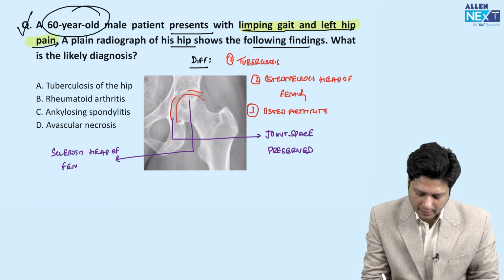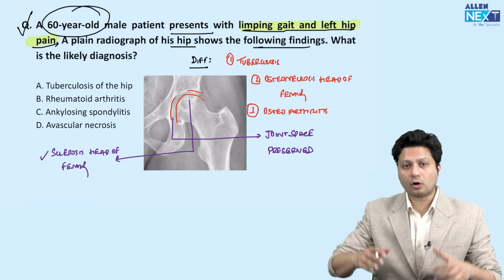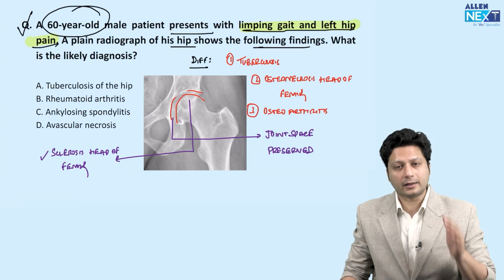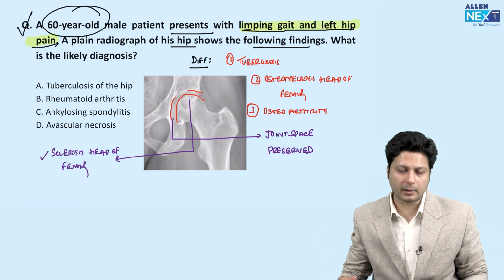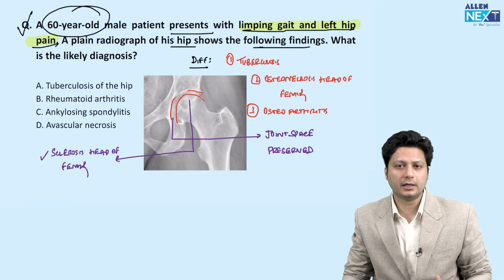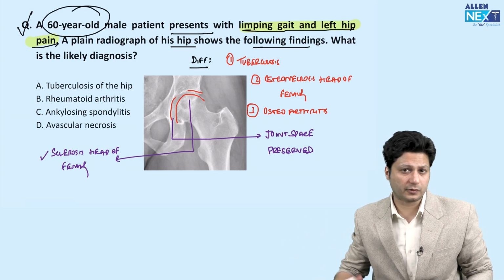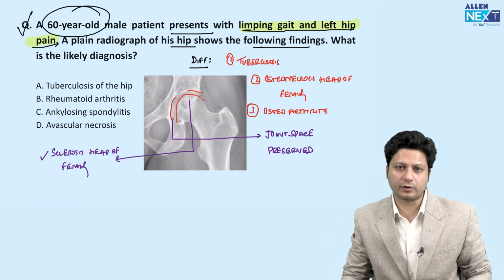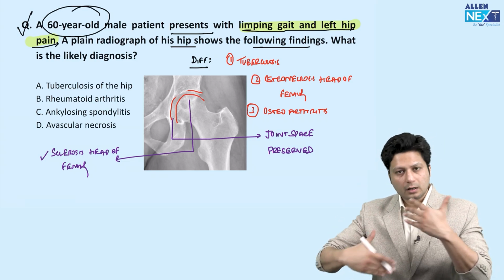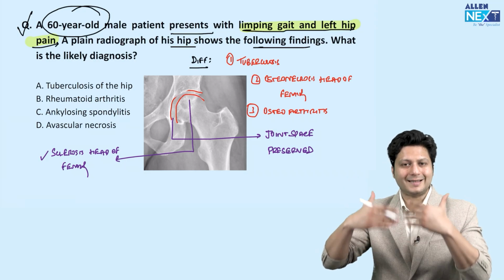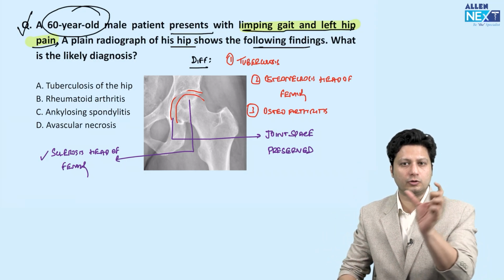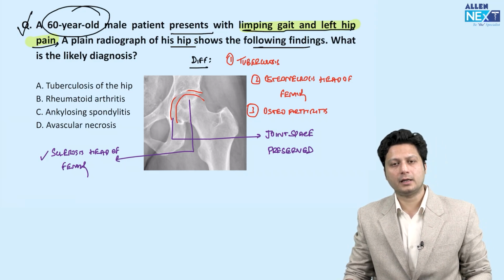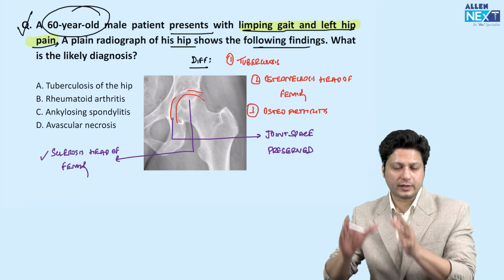Although this is the earlier identification on the X-ray, you cannot say that on the basis of the X-rays only I have made the diagnosis. Until and unless there is flattening of the head of the femur, crescent sign positivity, lateral migration or lateral subluxation of the head of the femur, or proximal migration of the head of the femur, all those things are the cumulative findings. That means with the increased severity of the disease, all those findings are going to help you in making the correct diagnosis. But here what is happening is there is increased density of the head of the femur which can be very clearly observed,